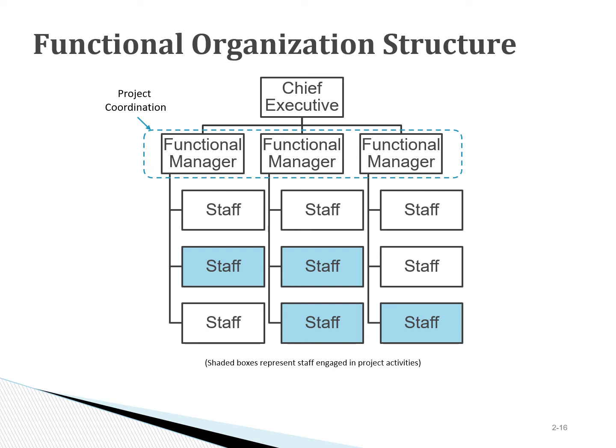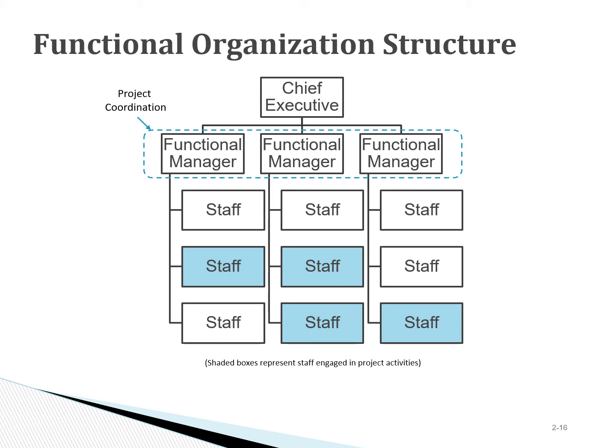The first organizational structure that we look at is functional. In this organizational setup, the chief executive or the head of the organization has a number of functional managers that are reporting to him or her. These functional managers could be project management area, it could be coding or development area, could be testing, could be sales, could be marketing, and all that.